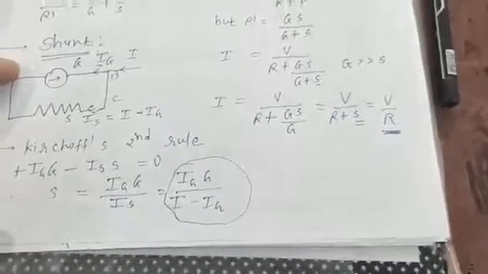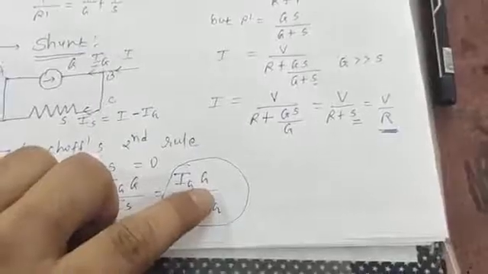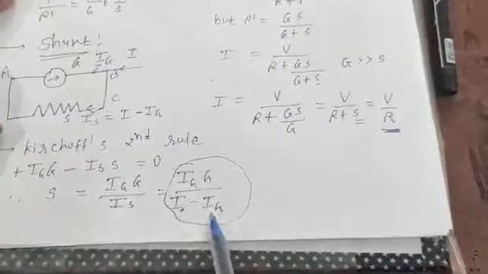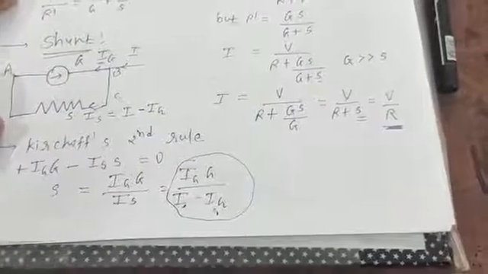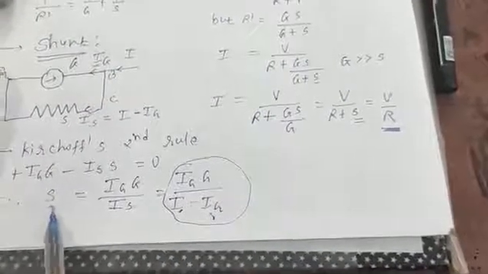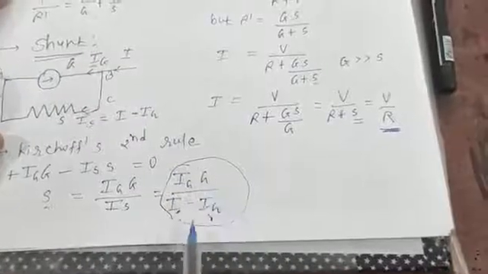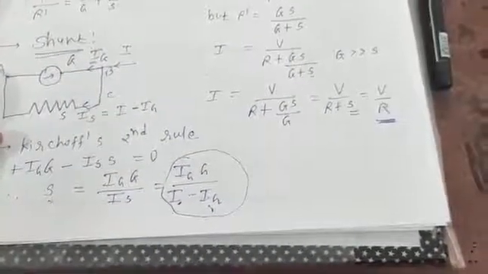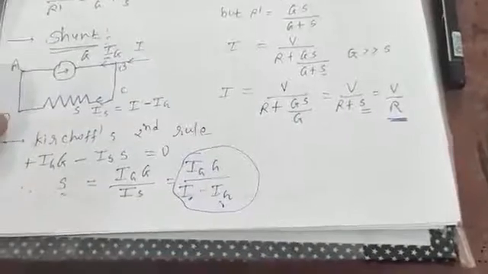So you can be asked an MCQ or numerical like this, that if you are given a galvanometer with some resistance, that means capital G is given, we want to measure some current, that is I, and the range of the galvanometer is some value that will be given, Ig. So find out the shunt so that it can measure the current I. So you are asked to find the shunt, so put the values of Ig, G, and I, then you will find the value of the shunt. Okay, so this is the conversion of galvanometer into ammeter.